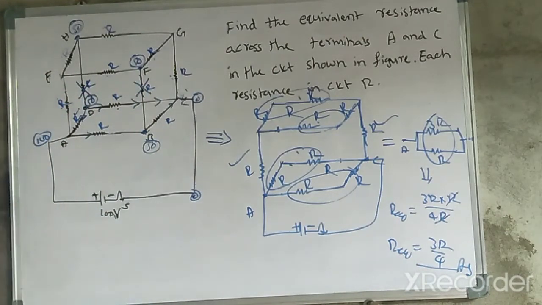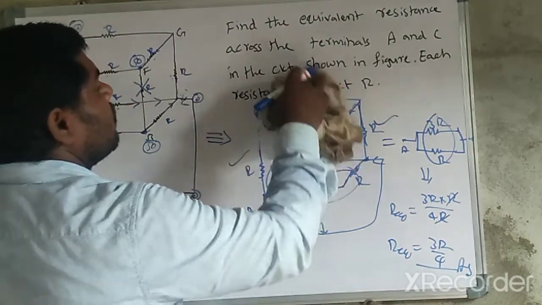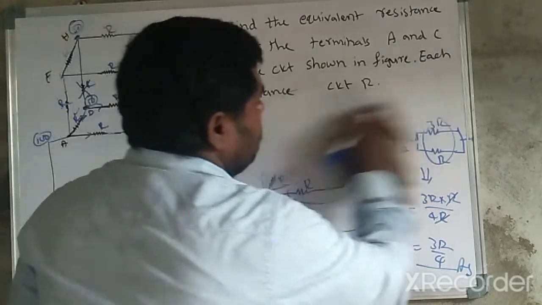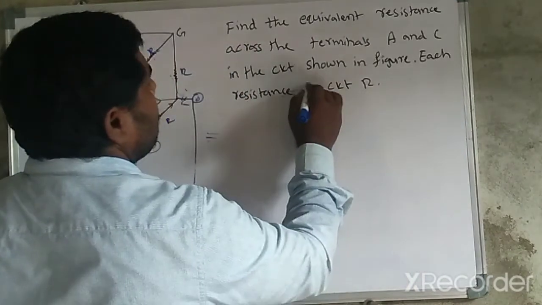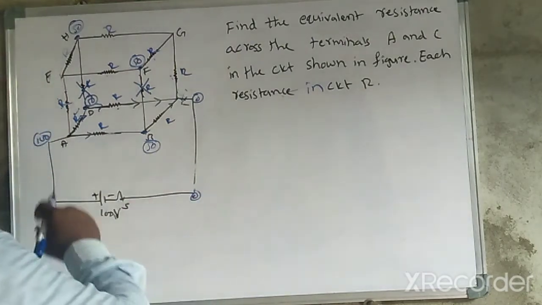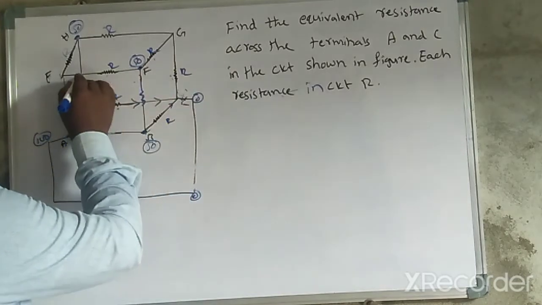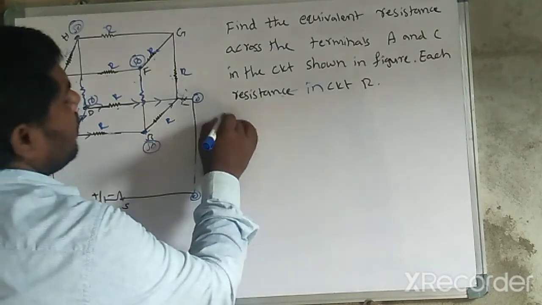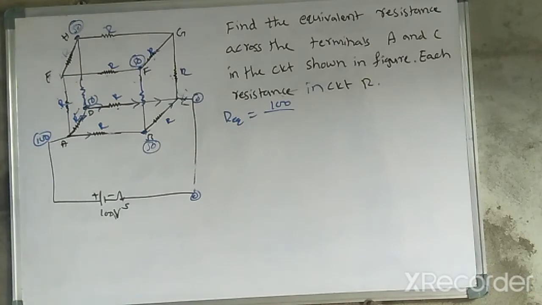Otherwise you may go for the KCL or KVL equation method; we are going to discuss that way also. Listen carefully, you may go for any one of the cases. So here you may go for another method. First of all, no need to remove these resistors. R equivalent is equal to 100 divided by the current, and you may find the current flowing through each resistor.